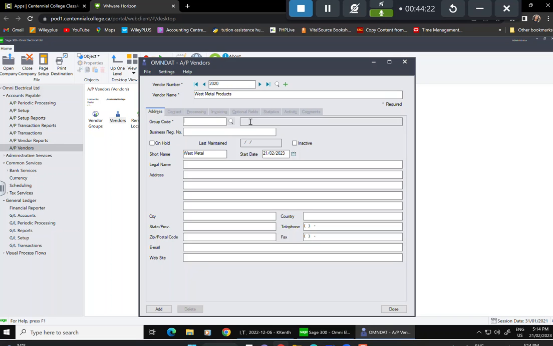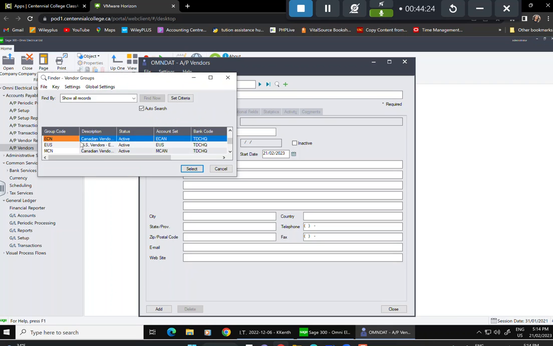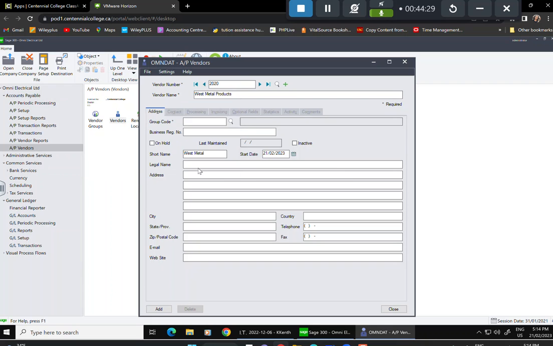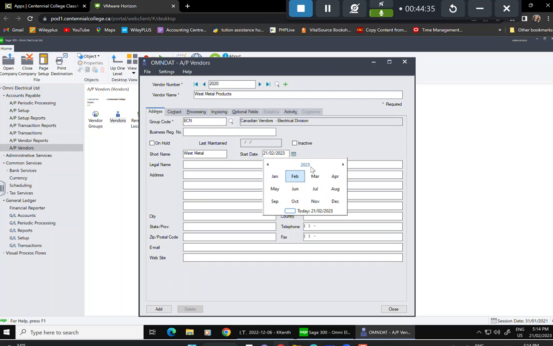Group code here is where it goes with. Is this a Canadian vendor? Yes, it is, because we know the province. In this case, selected. They've been in the business since 98, since we're doing business with them. So in this case, we are doing business with them since 1998. So I'm going to click on the 98, and it's April